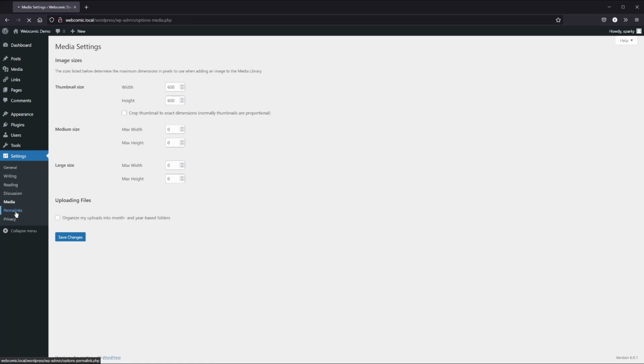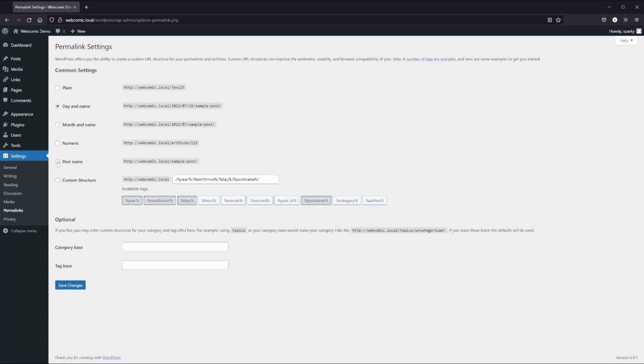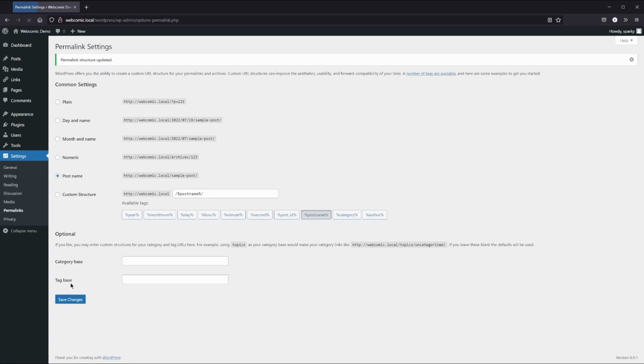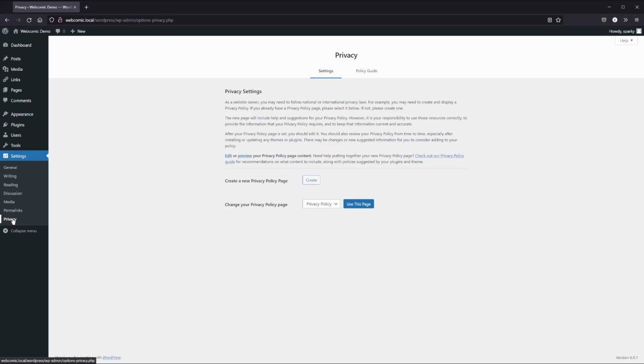And clicking on permalinks, choose Post Name. Go ahead and click Save again. This way you can name your pages page 1, page 2, page 3, etc., and they'll show up like that in the URL. Finally, for privacy policy, you don't really need to worry about that because the site doesn't take anyone's information. No comments and no shopping. And the only cookies it uses are for administrator login, which is necessary if you want to be able to use WordPress.